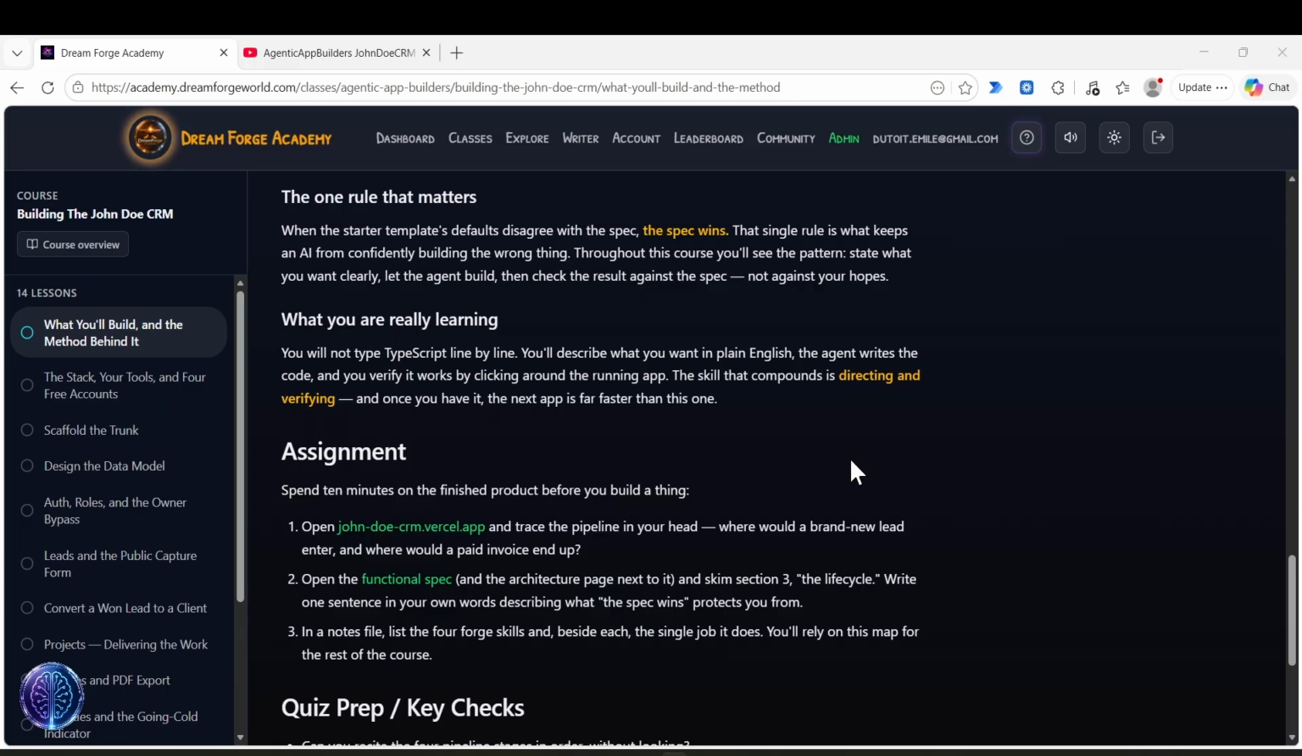So your assignment then is as follows. Go and spend 10 minutes on the finished product before you build a thing. Look at what I've built. See a vision of how it works now. Open the John Doe CRM with this link and trace the pipeline mentally in your head. Where would a brand new lead enter and where would a paid invoice end up? So play around with the app. This is the one that I've built, and you're going to also learn to build the same thing. Like I say, resist the temptation to immediately start changing it into your own. Build it close to what I have, at least in functionality,